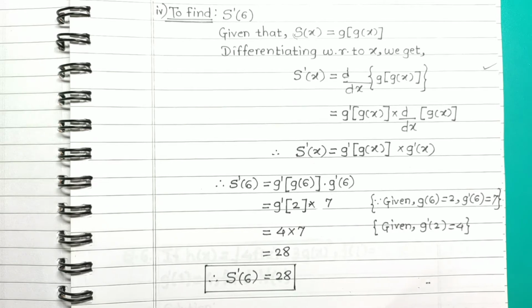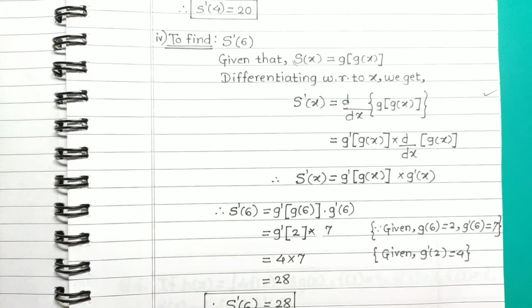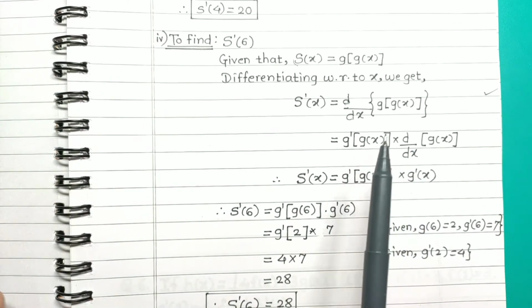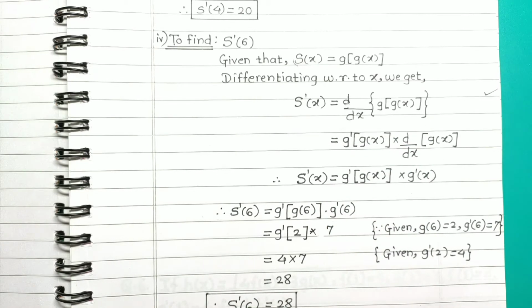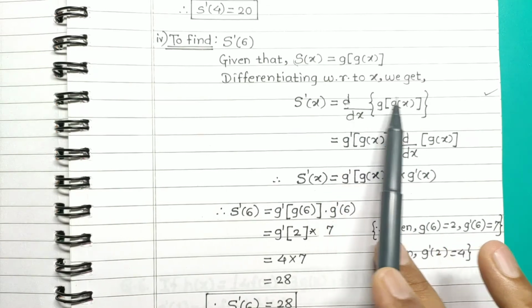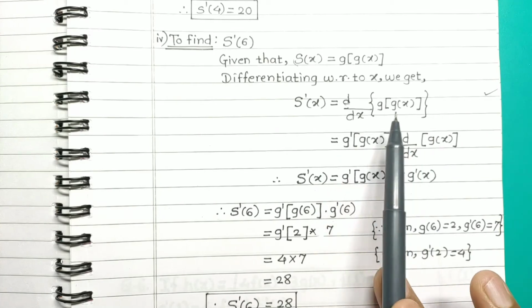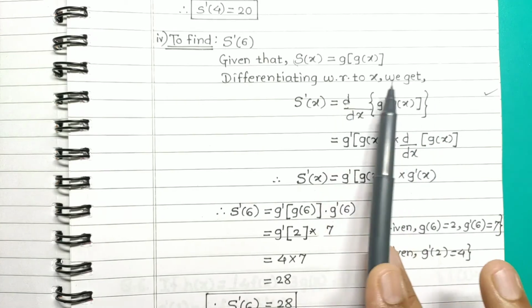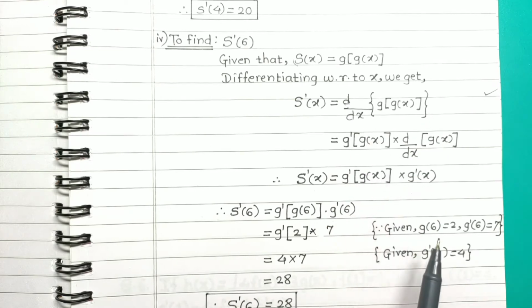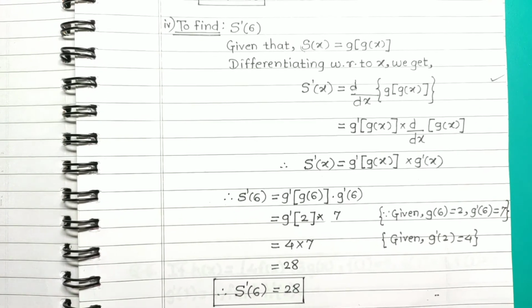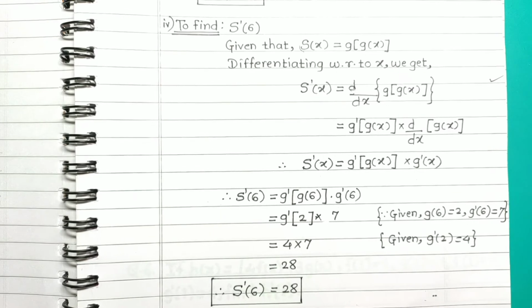So all the four sub questions are of the same type. You note here, get the proper meaning of these notations. Okay, and you write down properly the derivative of this composite function and use the given values properly. Then you will find these solutions very easy. Solve all these sub questions on your own again.